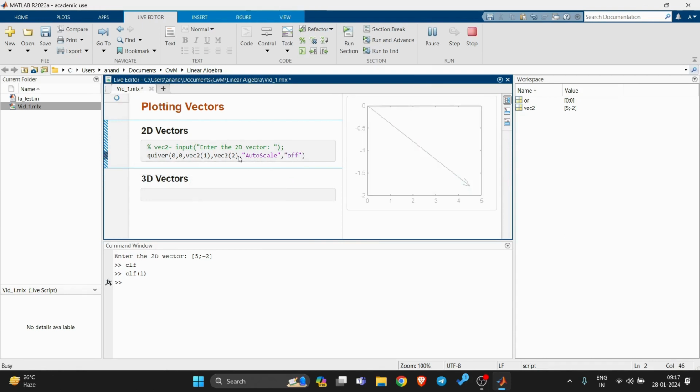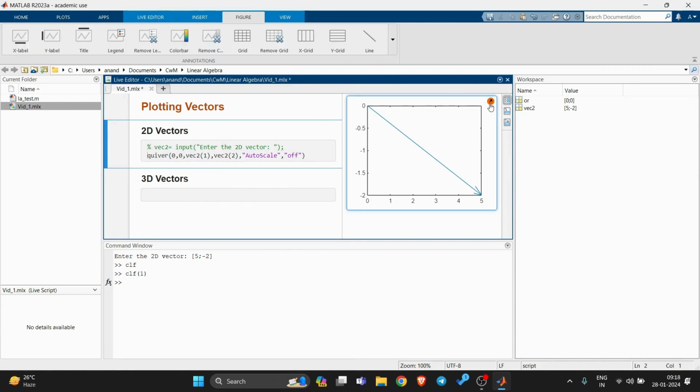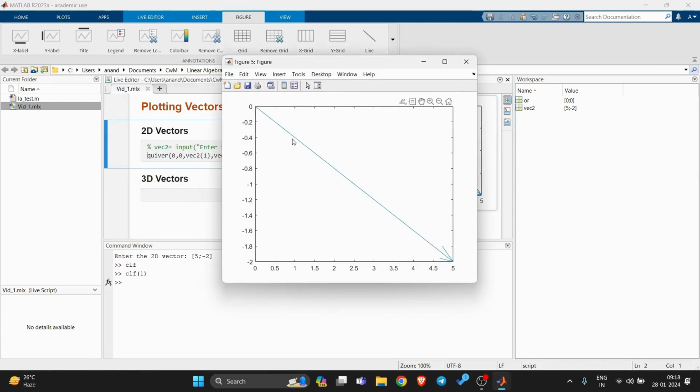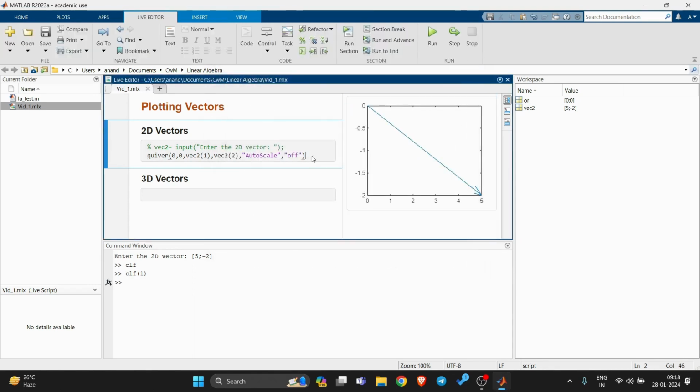Now when I run this again, the vector gets terminated at 5, minus 2. One thing to note while using the quiver function is that the first two inputs are the base coordinates of the vector, and the next two inputs are not the coordinates of the head of the vector, but the number of units the vector should move in x and